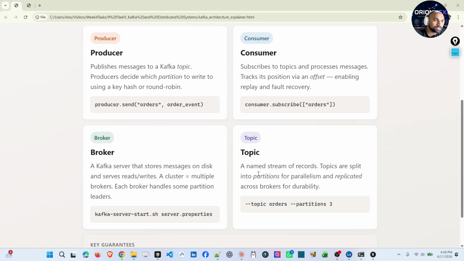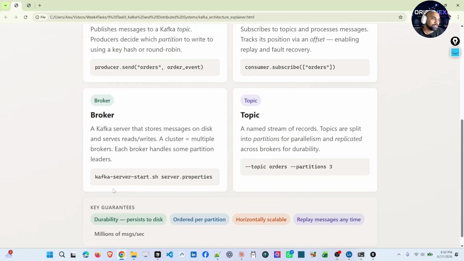Next thing is called a topic. A topic is a named entity to store any Kafka event. While creating this topic, we'll also specify one more thing called partitions: how many partitions are required for that particular topic? Suppose I want 3 partitions in the Kafka cluster, it will create 3 partitions for that particular topic. And these partitions give the parallelism for the Kafka cluster.